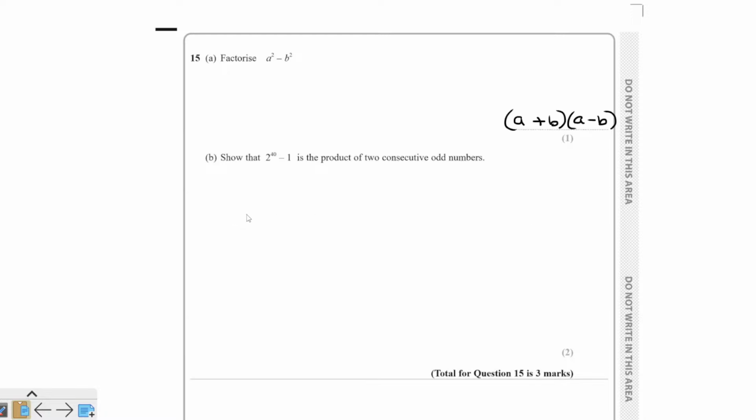Now part B is where it gets a little bit trickier. Show that 2 to the power of 40 minus 1 is the product of 2 consecutive odd numbers. This seems like algebraic proof again, but it's not really. Product means multiply. First of all, we need to know that. They haven't said hence or therefore, but when I looked at this, I thought I can use my answer from part A to help me with part B, because